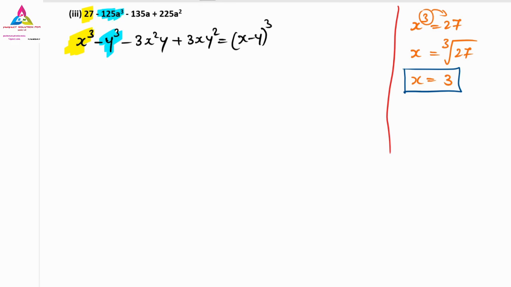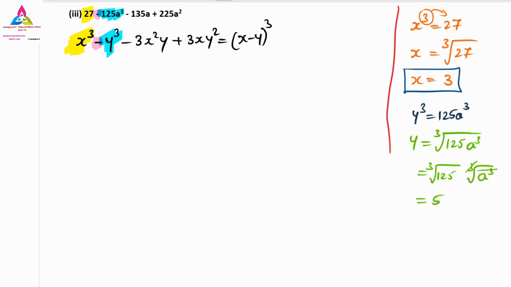This is also very important. So y cube is 125a cube. And some of you remember, don't take that negative symbol. Why are we not supposed to take the negative symbol? Because for the negative we already have the negative in the formula, so no bother about that. In place of y cube we have 125a cube, so again the cube on the other side becomes the cube root of 125a cube. You can take the cube root separately: the cube root of 125 is 5, and the cube root and cube get cancelled, leaving a. So the y value will become 5a.